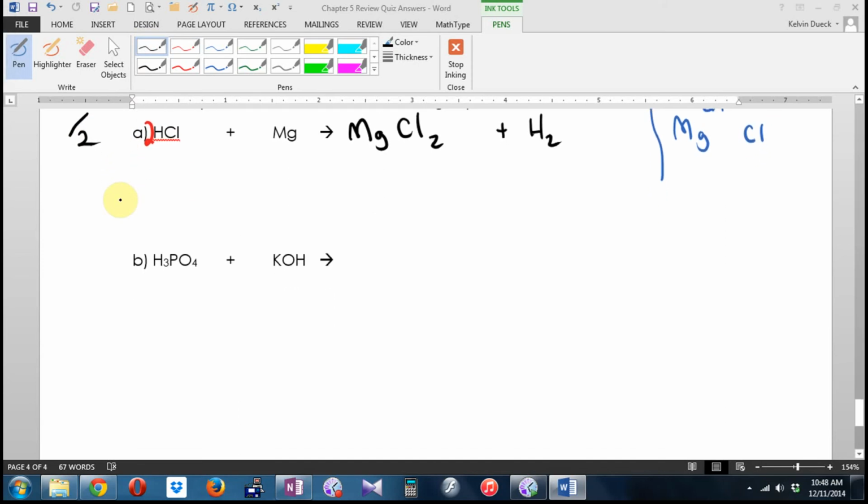Oh, B, this is another acid-base reaction. How can I tell? KOH, that's a base. Starts with an H, that's an acid. So it's going to be, as my products, H2O, and the K and the PO4 are going to combine, but I got to crisscross properly first. I'll do that over here. K is plus, PO4, I got to look that one up. Phosphate is 3 negative, so it's going to be